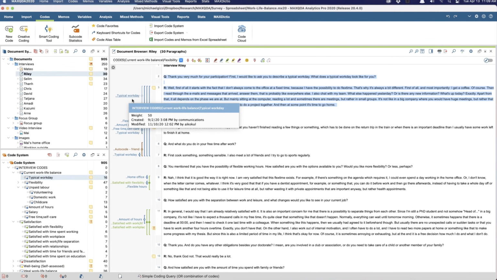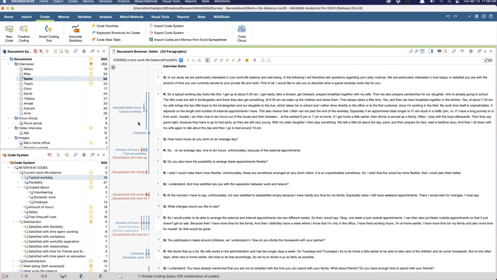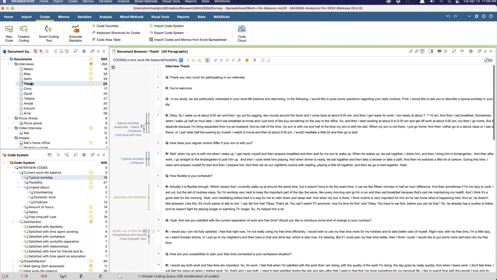For example, this question name: describe your typical workday. Because every document has typical workday, that's a code which is really just an interview question code.